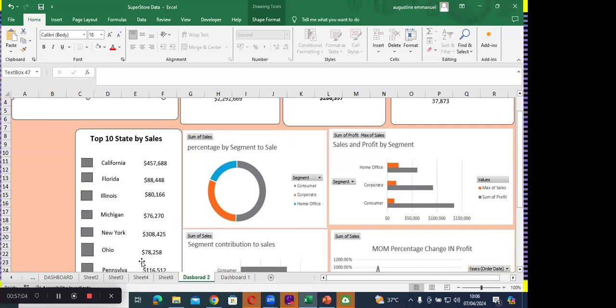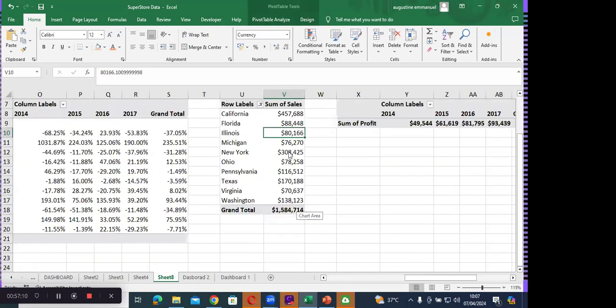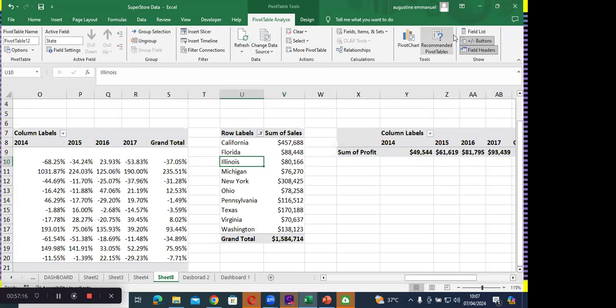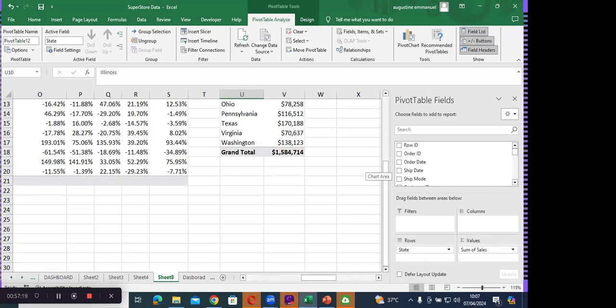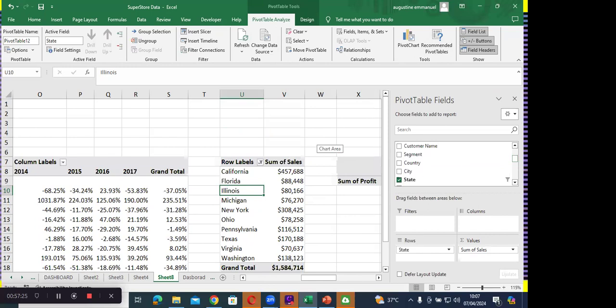Okay, let me quickly go back and show you. So this is a pivot table. Let's activate our field list. How we generate the top 10 is that if you come to the month